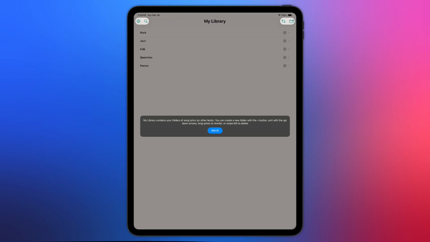Hello everyone. This is going to be a fairly comprehensive walkthrough of the various features and functions of LyriCue. When you install the app and open it up, you're going to see My Library. Pre-installed are 5 categories: rock, jazz, folk, speeches, and poems. You can delete all of these. I'll show you how if you want, but I've installed them to have some samples of the ways you can